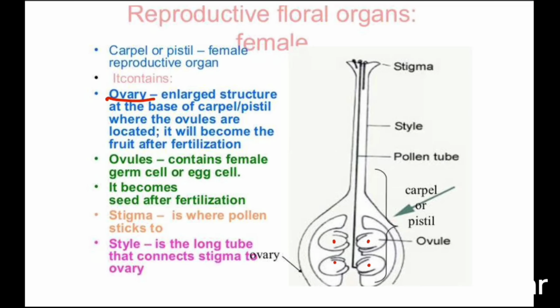So here the fertilization is occurring and it will later become the fruit, right? And you can see the ovules are there, which contain the female germ cells or the egg cells inside this ovule, right? इसके अंदर आपको egg cells मिल सकती है, right. So here you can see that the egg will develop into the seed after fertilization, and this ovule will be developed into the seed, and the entire ovary will be developed into a fruit.